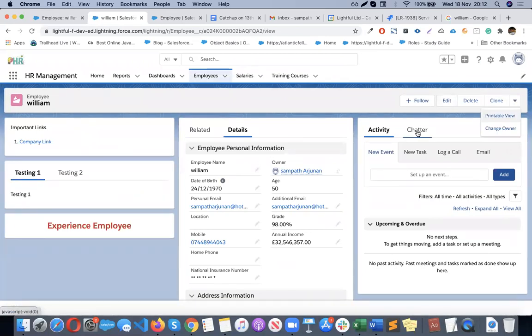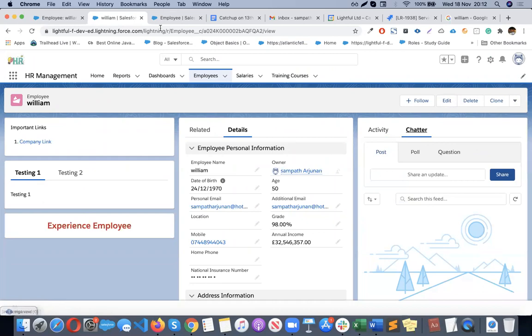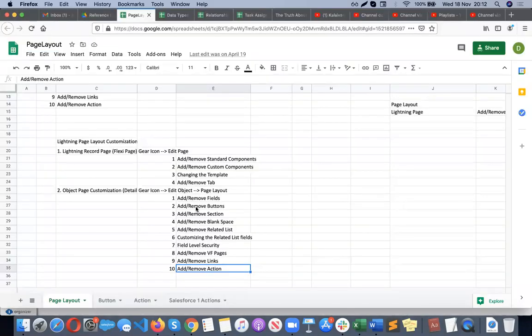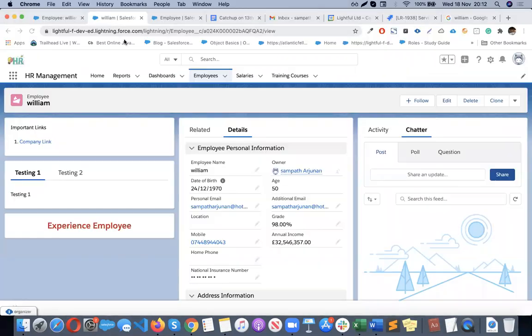Okay, so if I go back again, I think that's all here. Now, this one we already discussed. We can add or remove components, custom components. We can change the template. Previously it was a different template, right? Previously it was just one header, one column and another column. Now we changed it into three columns.